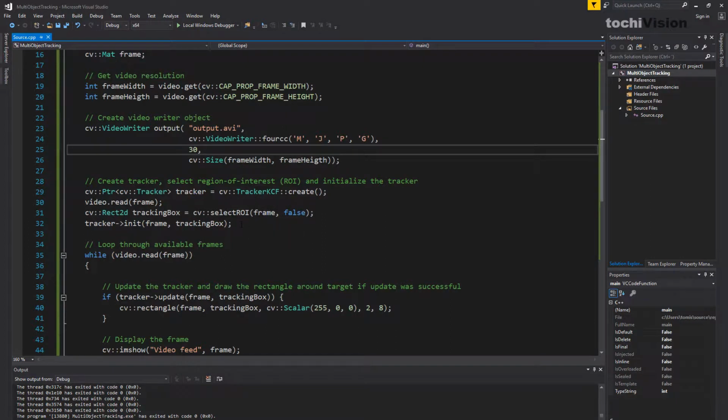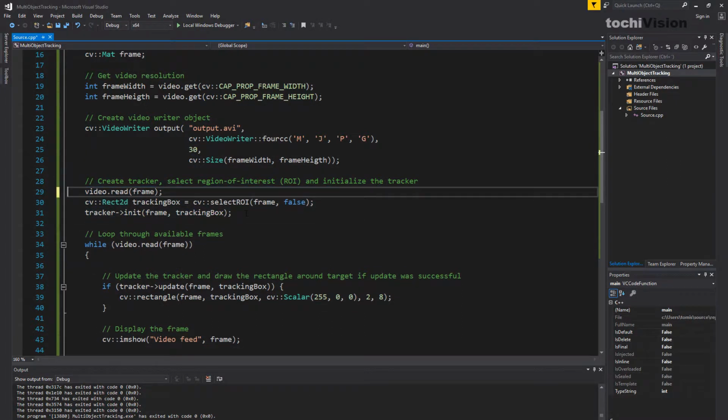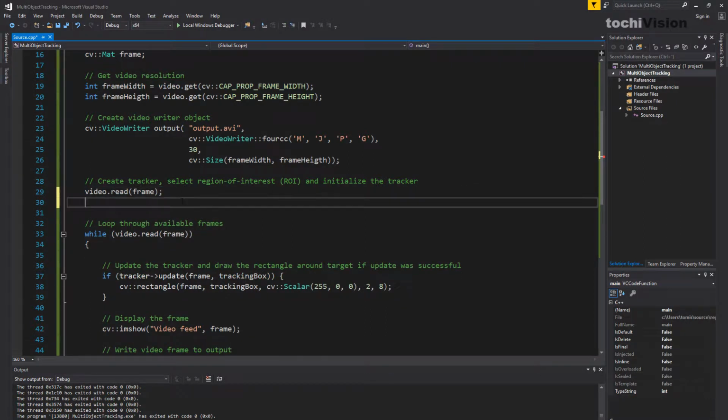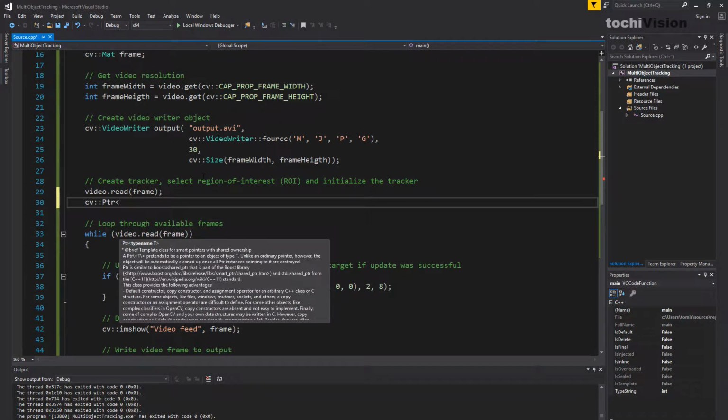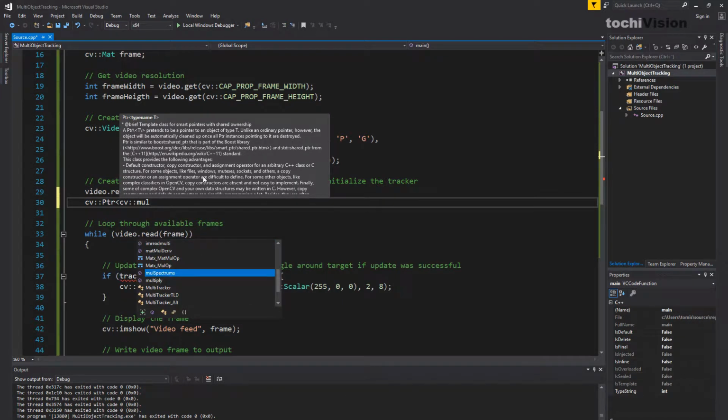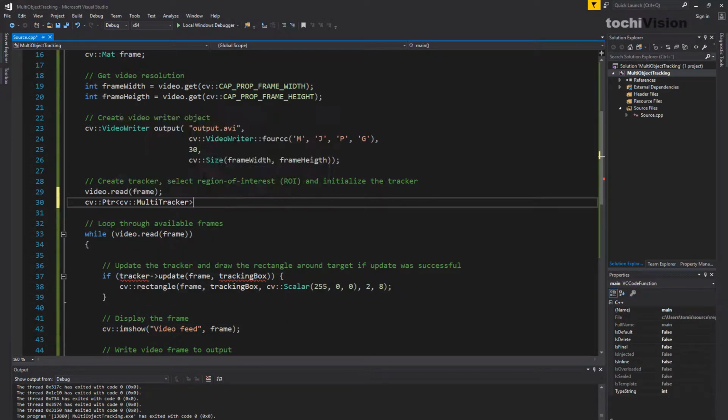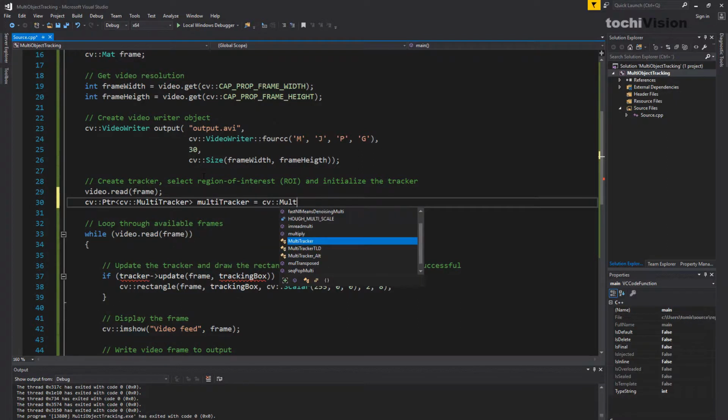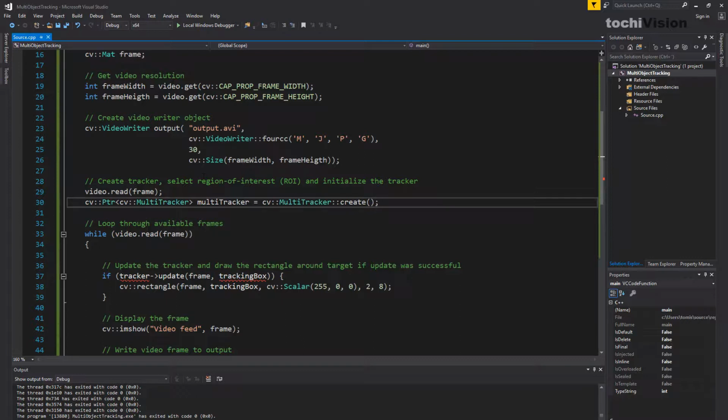multi-object tracking. So go ahead and delete the tracker you created earlier and also the initialization here, but you can leave the read frame. So first, what you want to do is create a multi-tracker. So you create a pointer with class multi-tracker, like so, and you can name it multi-tracker, for example, and then just cv::MultiTracker::create. So this is pretty much the same as in the single tracking